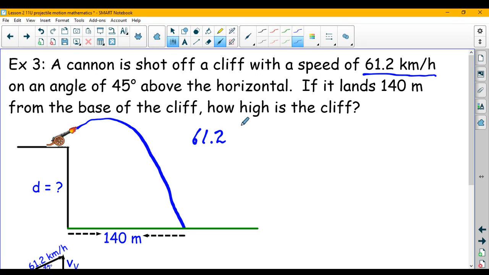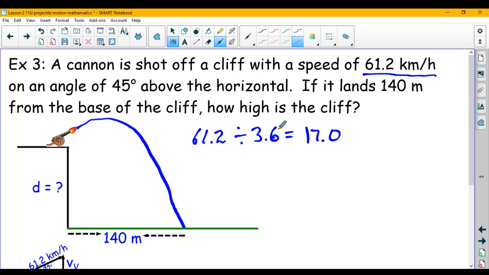Now, if you remember when we first started this course, we talked about the magic number of 3.6. So I need to decide, do I multiply or divide? And I know I can go really far in an hour, but can I go far in a second? No, I cannot, which means if I want to change kilometers per hour to meters per second, I'm going to divide. I need a smaller number for meters per second because I can't go very many meters in a second. If you've tried it, you'll know that, right? But I can go lots of kilometers in an hour because I have a lot of time. So I'm going to divide, and I get a very perfect